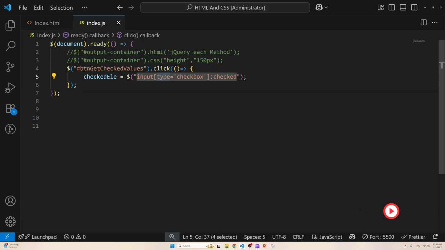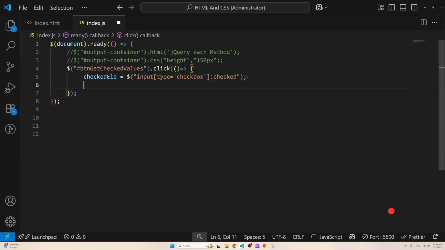If you're new to that, go back and watch my videos on my channel. So we have this also. So attribute value, so we are passing a value to it. Okay, and then using this checked pseudo selector, we are fetching the checkboxes. On this checked pseudo selector also, I have created a video. If you're new to this, go ahead and watch that video as well. Okay,